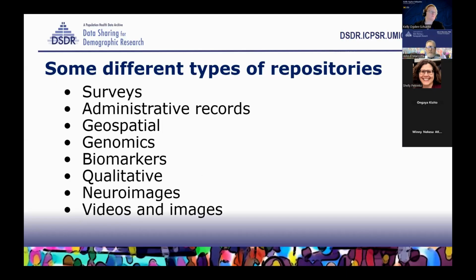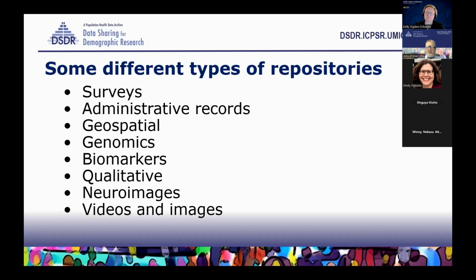Geospatial. This is very important. People want to know information about an area. How does the situation in an area affect individuals? Genomics. Raw genomic scores are huge and require extra processing power. Then you get derived genomic scores. How does that work? Biomarkers. There certainly are the derived biomarkers, which are then digitized, but the original biomarkers often require refrigeration, require special preservation.